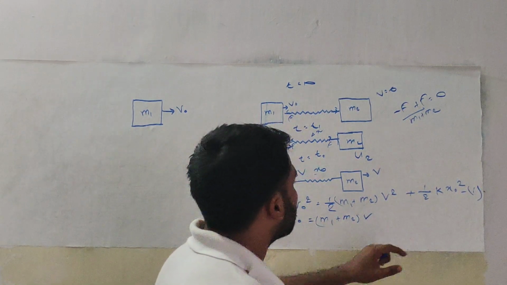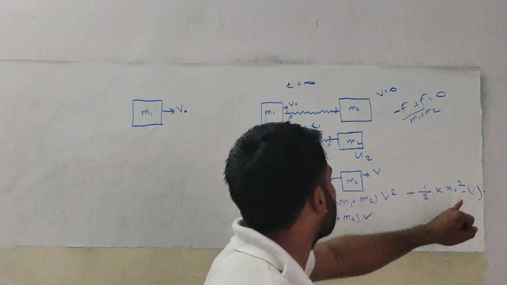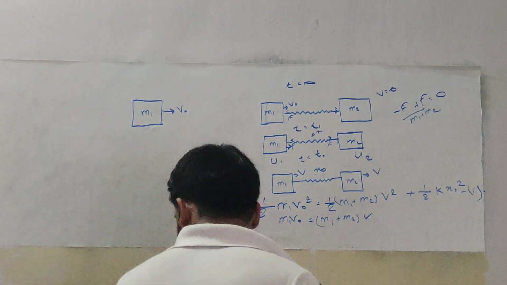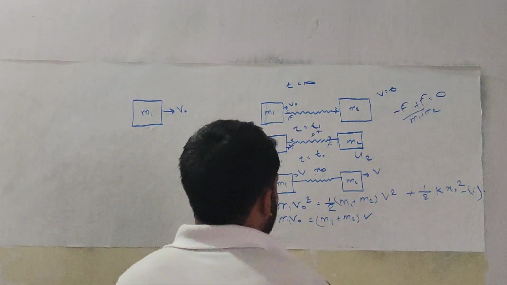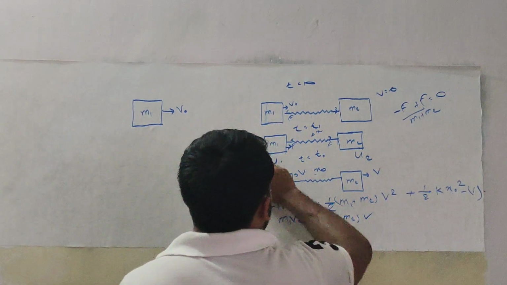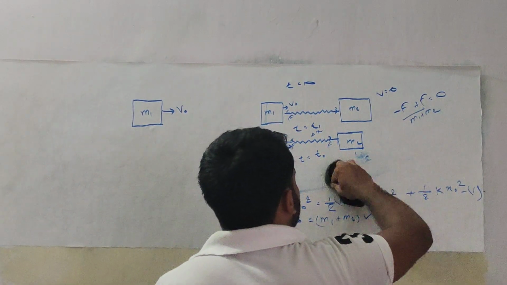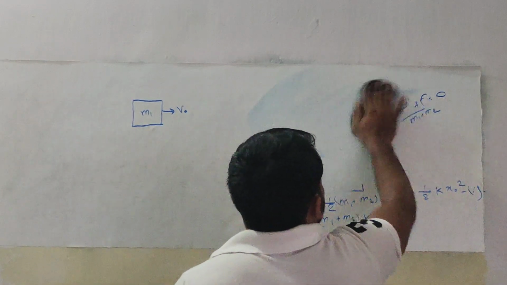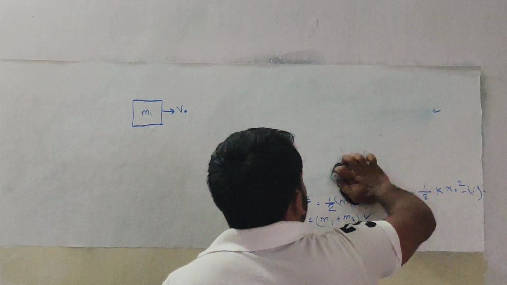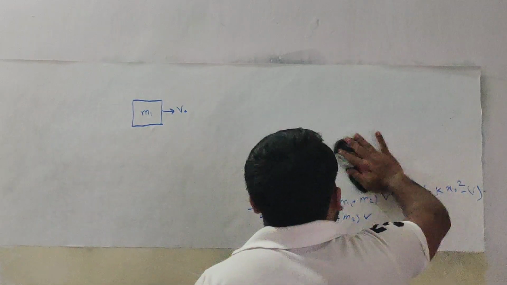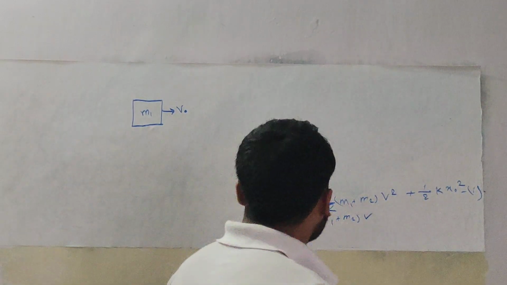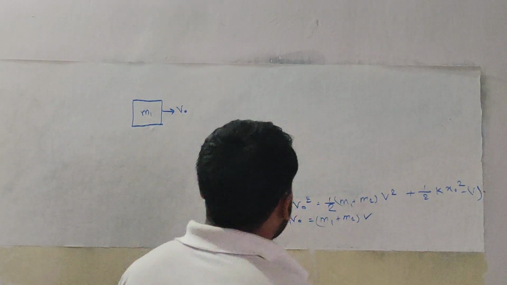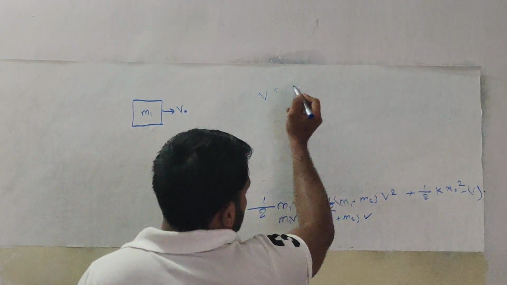Here what we have to find out is the value of x0. So we will replace the value of v. Now let's solve this. So v equals,